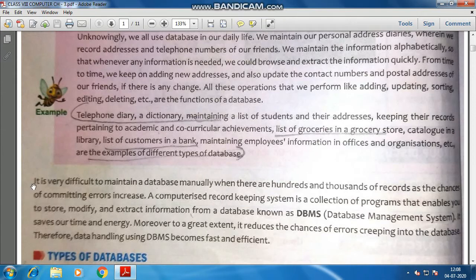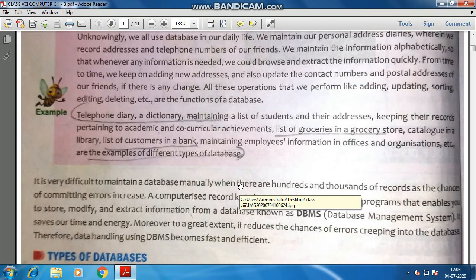It is very difficult to maintain a database manually when there are hundreds and thousands of records, as the chances of committing errors increase. Definitely, when we opt for the old traditional technique, writing down the names and all in a register or some bigger registers or notebooks, the chances of errors gradually increase, because you will be writing without a break in between, right?